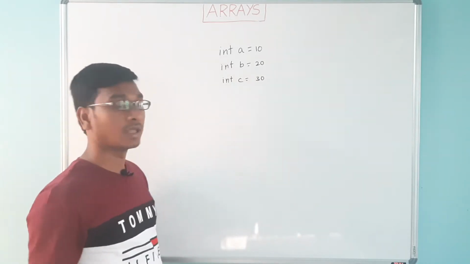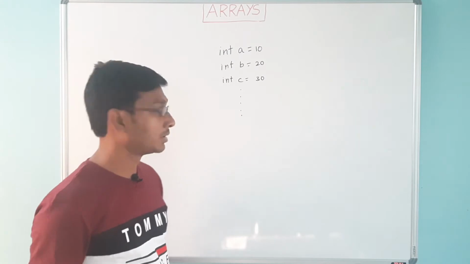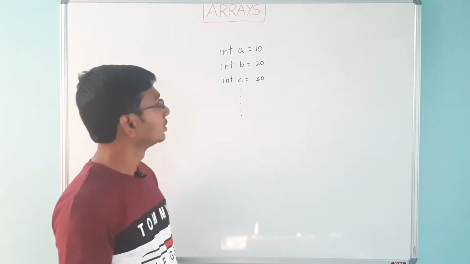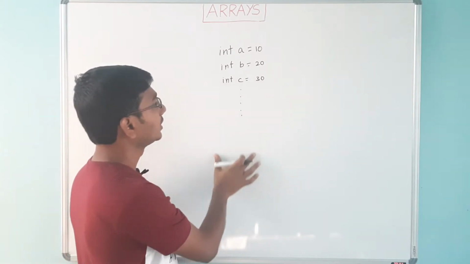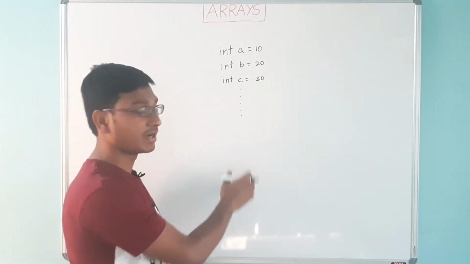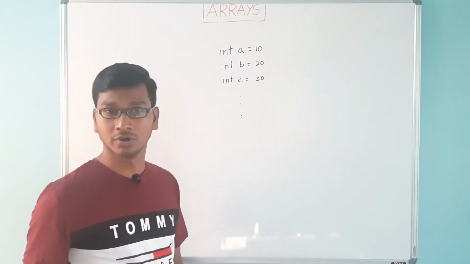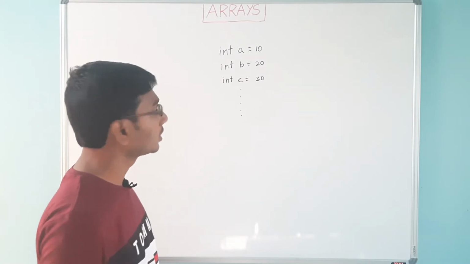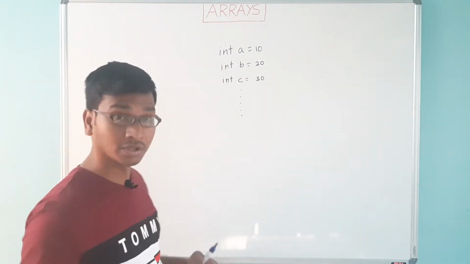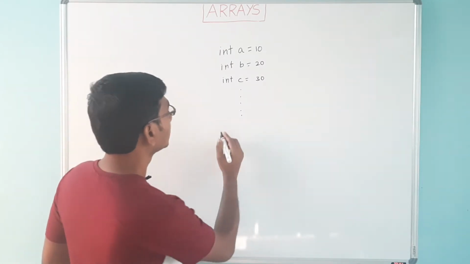Like this. And like this, I have so many variables, like maybe 100 variables I wanted. That's my requirement. So if you see here, it is more difficult to remember 100 variable names, and also the maintainability of code is difficult, right? So what's the solution for this? If I wanted to have like 1000 variables, that becomes much more complex, right? So what is the solution for this?